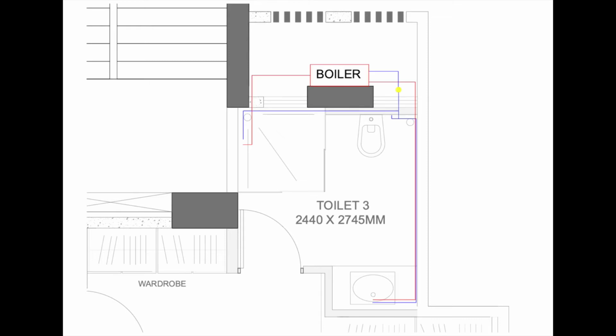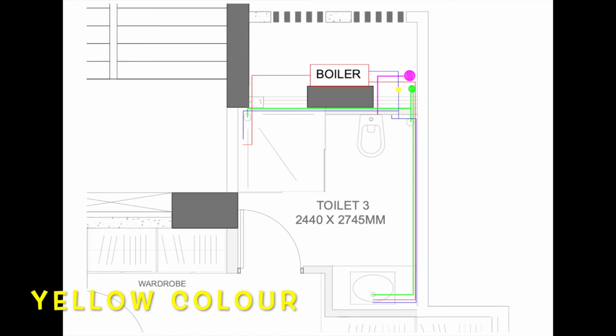The red color indicates the hot water pipes, which are usually between 3/4 of an inch to 1 inch in diameter. And finally, the blue color indicates the cold water pipes, which are again 3/4 of an inch to 1 inch in diameter. The plan here shows the plumbing line connections of this bathroom. We can see that the main water line goes into the hot water boiler, from where the hot water can be transferred to the shower and the basin areas.